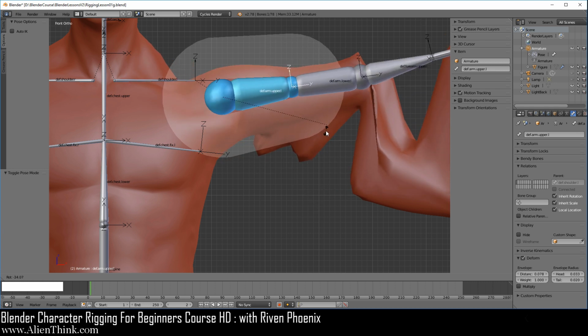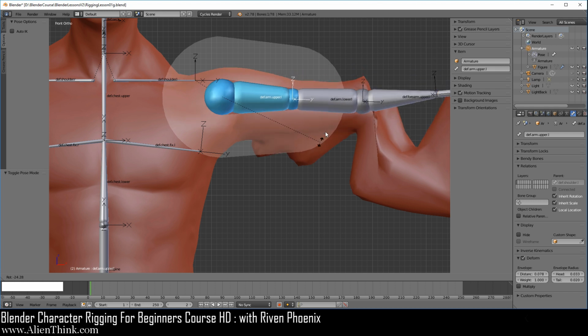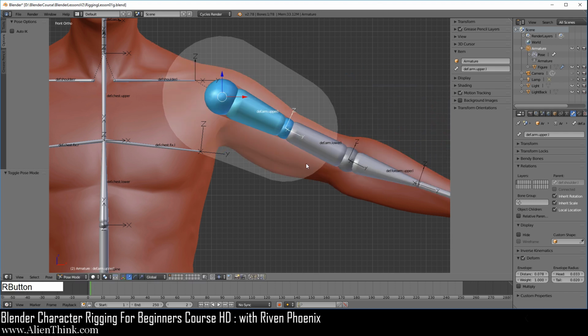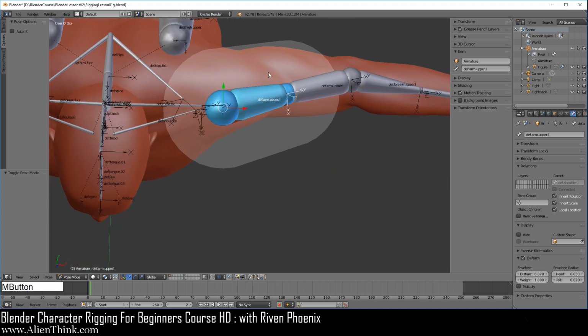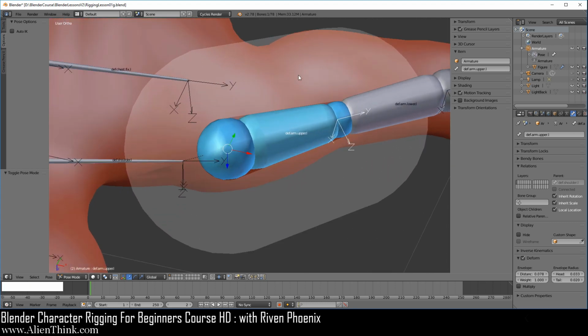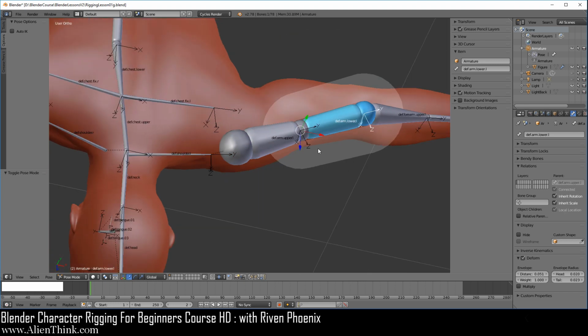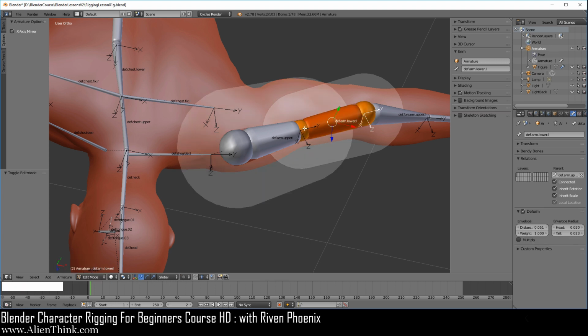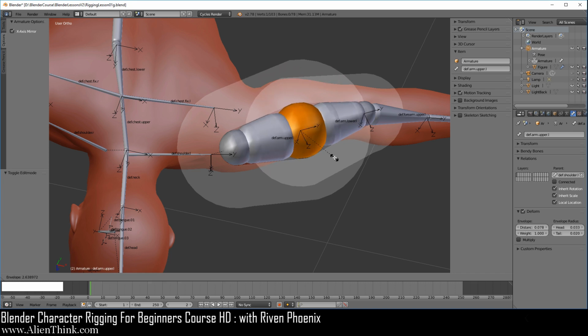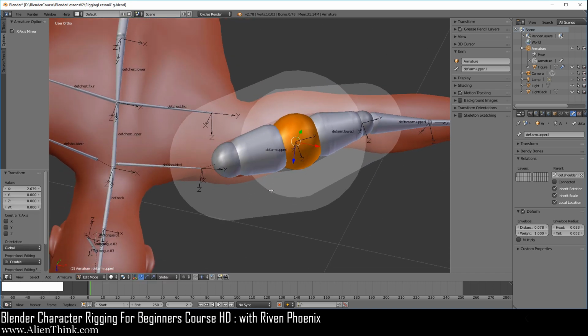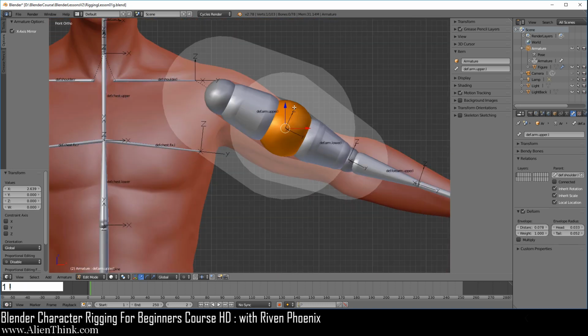But notice that the vertices below the arm, where the tricep area is, are not being captured. Right click to cancel. If we go to the top view and try to see what the issue is, you can see that we're actually just missing this over here, right? If we click this, see, it's not coming over here. So we have to basically go into edit mode and click over here and do Alt S to increase this a bit more and just rotate around to make sure that everything is coming in the picture over here.